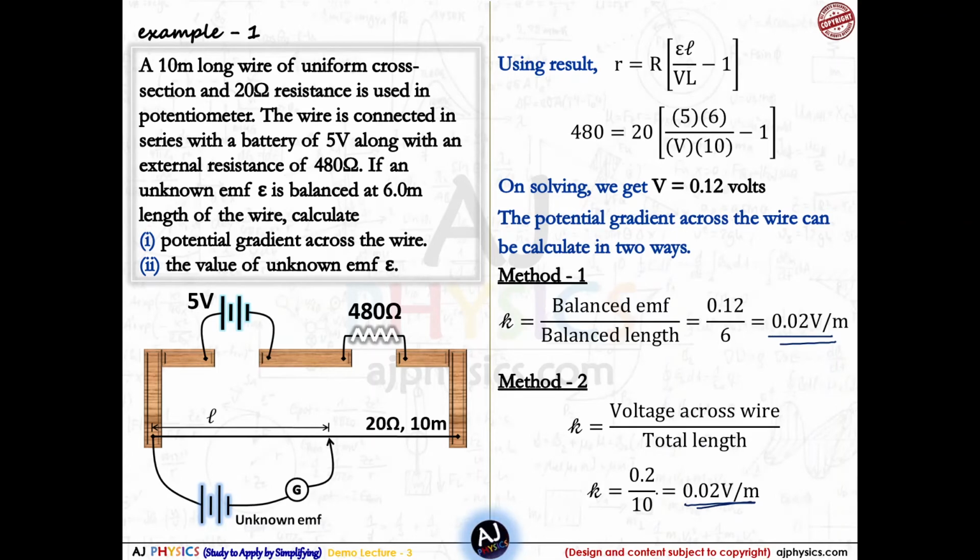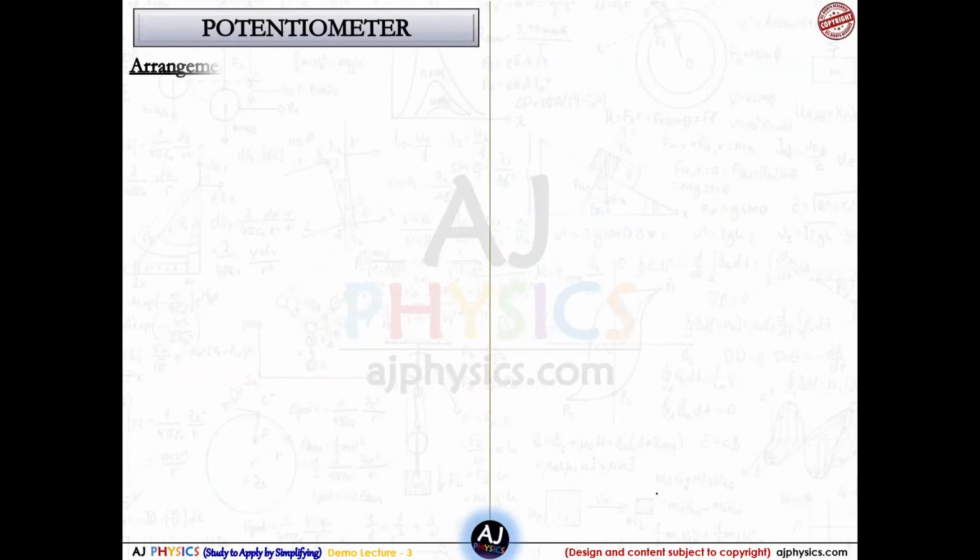Now this is the accuracy of this device, the potentiometer. The more decimals you have, the more accurate the device is to measure. Fine. So that is the first case. Now let us go to arrangement 2, and whatever doubts you have related to this example and arrangement 1, you can discuss with me in the live session. Let me come to arrangement 2 now.